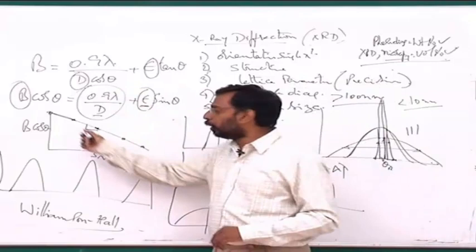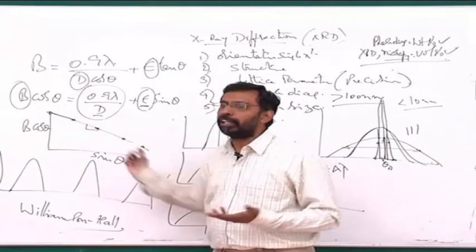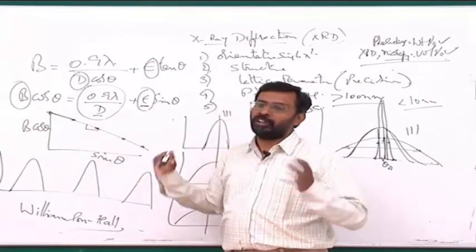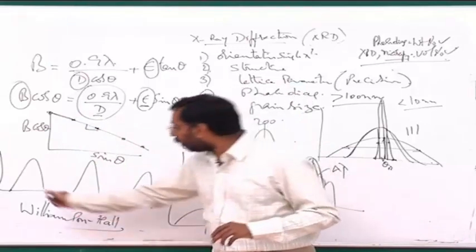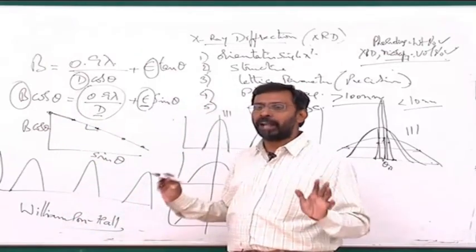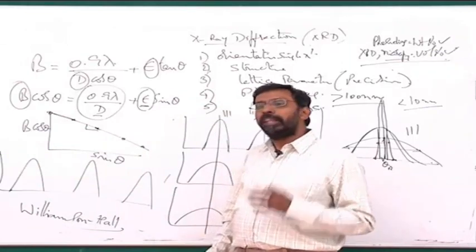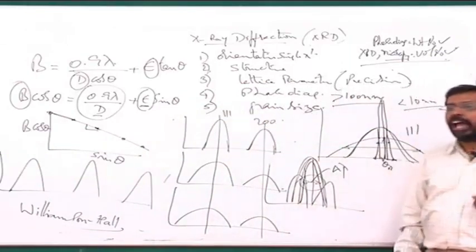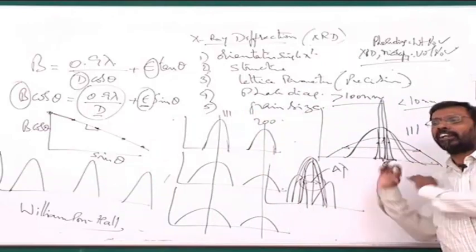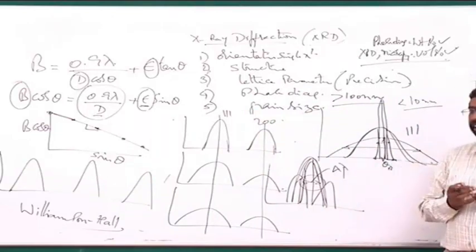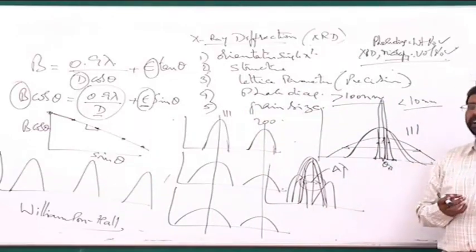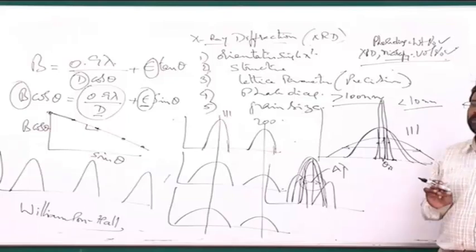Because if I want to plot anything, I need to have a minimum of 3 points to do any plotting. That means I should have a minimum of 3 peaks in my XRD pattern to be able to do this. But there can be some nanomaterials where I get only 1 peak and I do not get the rest of the peaks. If you have ever made nanomaterials by the ball milling technique, you would usually see this problem.